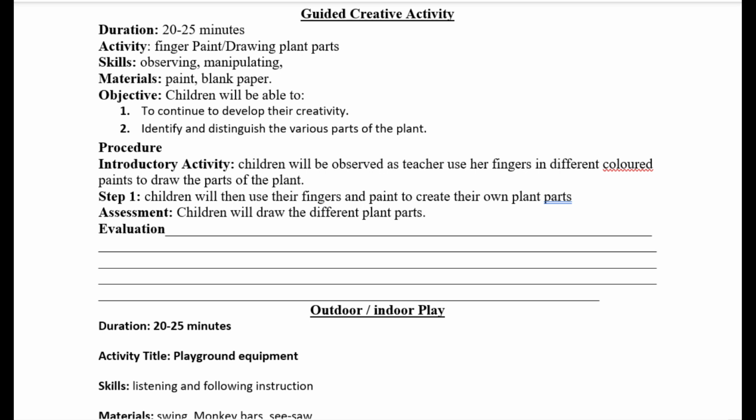As always, we start our lesson with a song. So children will observe as the teacher uses her finger in different colors to draw the parts of a plant. And my developmental step, my assessment, my evaluation, followed by the fun part of the day,